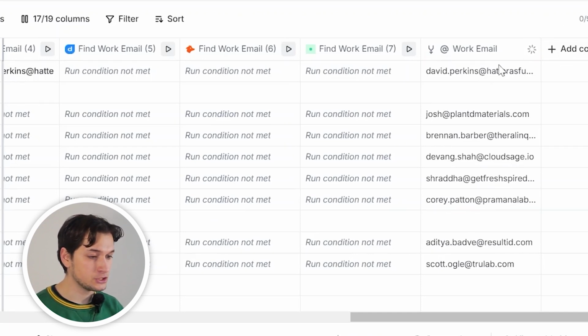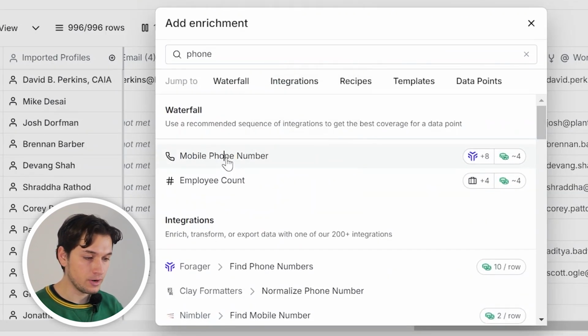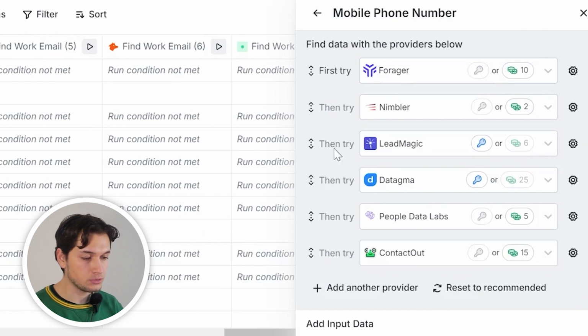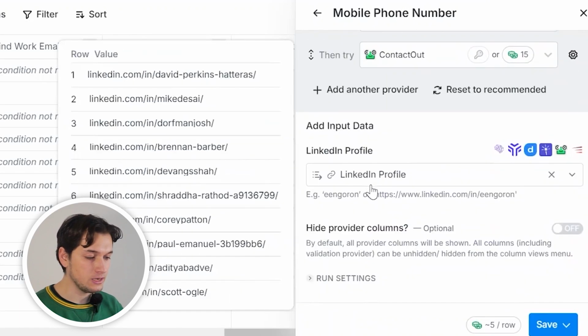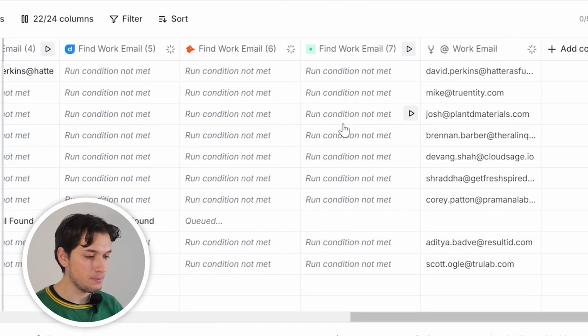Another thing that I suggest, which is actually the same, is phone numbers. Again, find enrichment, add enrichment, mobile phone number. You have a list, you can put LeadMagic as first if you want. You have other providers here. Forger is amazing. In this case, the input is the LinkedIn profile. Save, run 10 rows, and in the same method as email, we will get a